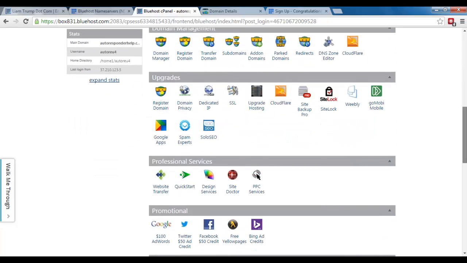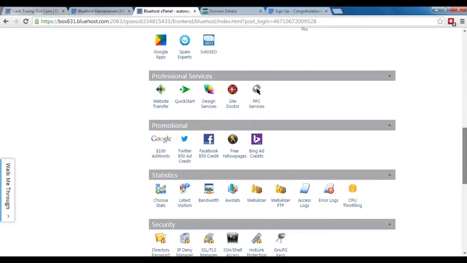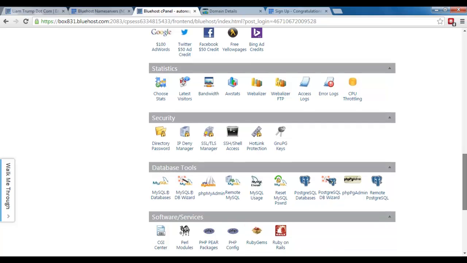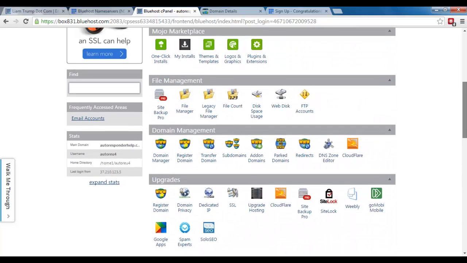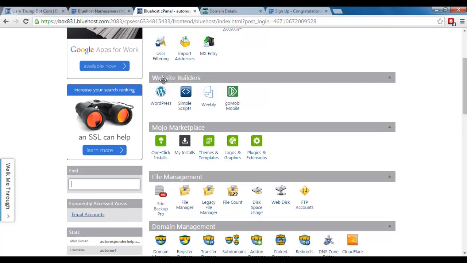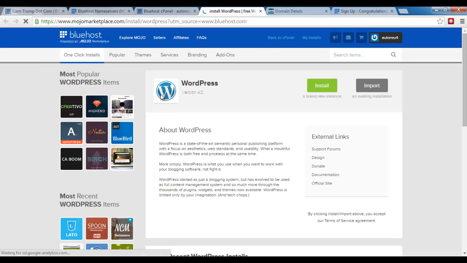Now BlueHost is very good for this because they've got a one-click option where we can just add it. So all we need to do is go down and find WordPress. Where is it? Here, Website Builders, WordPress. Click the button WordPress, and it will take us through to this installation profile. So what we need to do is click install,